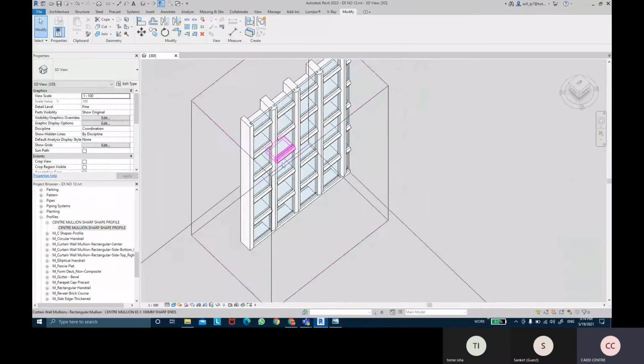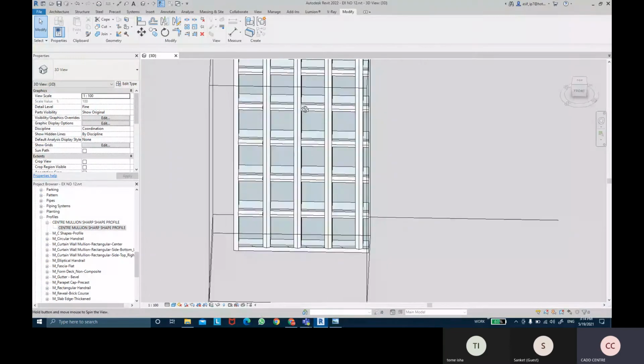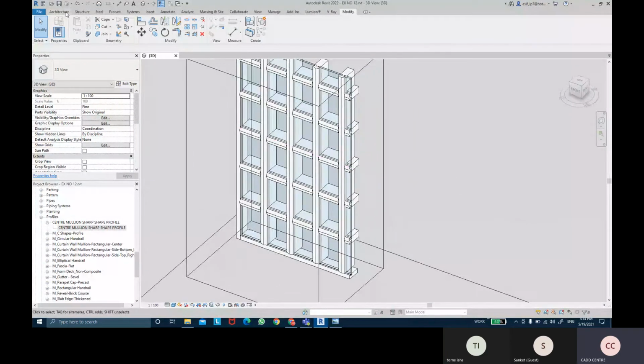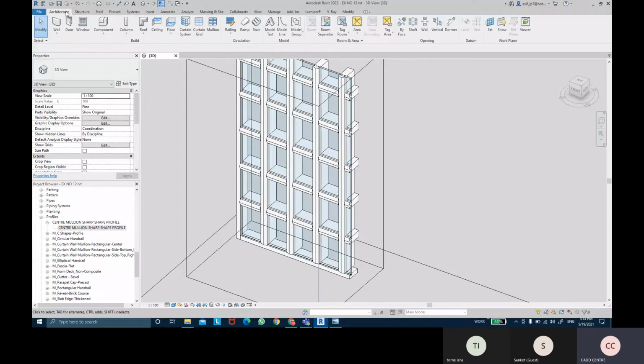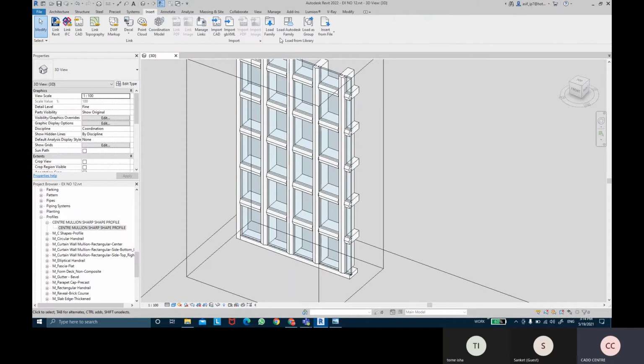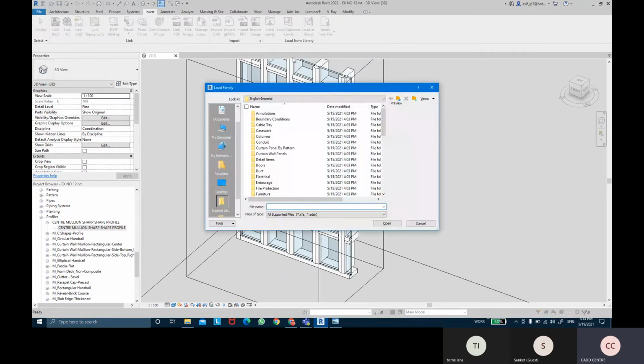To add a window into the curtain walls is very simple. First we have to load that particular family of window. If I come into the Architectural tab, or the Insert tab first, and take the Load Family dialog box, it currently says English-Imperial interiors, I go back and take the